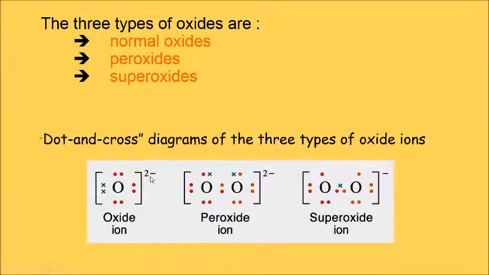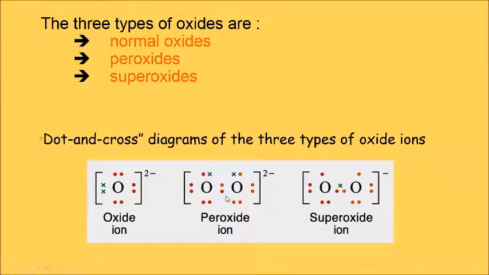So how many electrons are gained in the first case? Oxide ion O2 minus. That means 2 electrons are gained. This one single oxygen has 6 electrons in the outermost shell, that is 1, 2, 3, 4, 5 and 6 with the red dots. That is 1 electron each. This cross is the gained electrons. So a total of 8 electrons we need in the outermost shell. That is the 8 formation here.